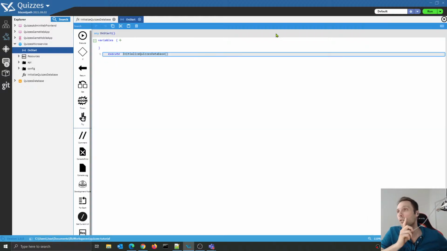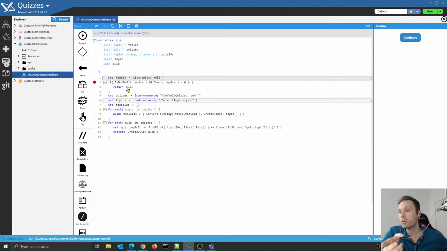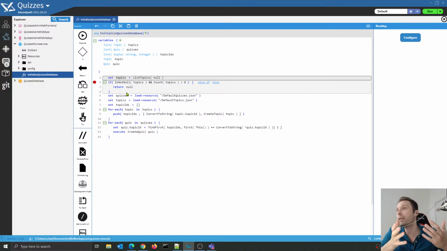So whenever I click on the run key in here, it's going to start the microservice, go through this event, call this function, and we are going to get directly in here to our example, so we can quickly see the debugging tool. So let's just go directly into it, click on run,